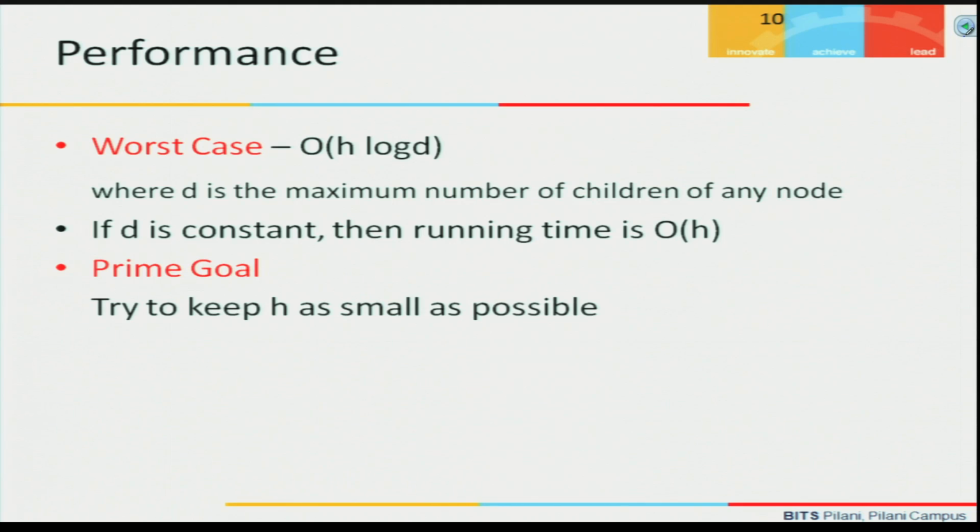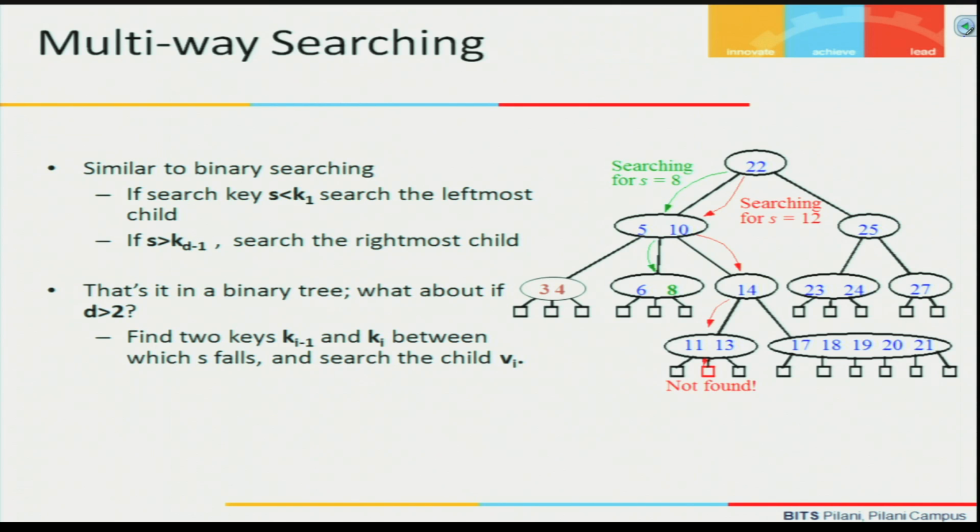If you look at the performance of multi-way search trees, we know for searching the time is going to be proportional to the height of the tree. Moreover, at a particular node we can have multiple keys and we need to search for the given key among them. So, for example, if you are searching for 19, we would have finally reached here and we would have to find 19 in this particular